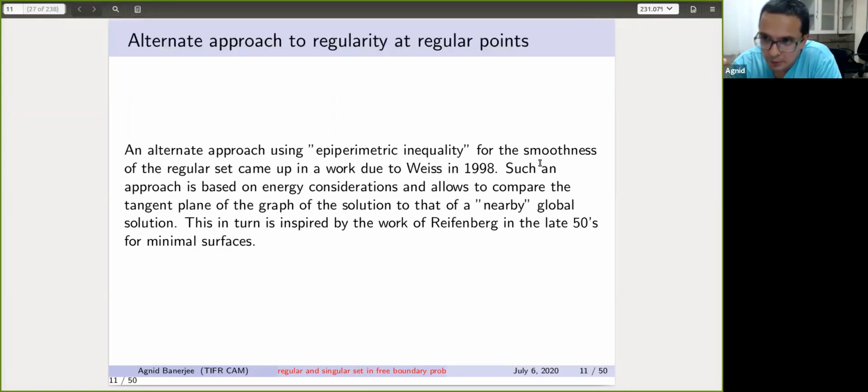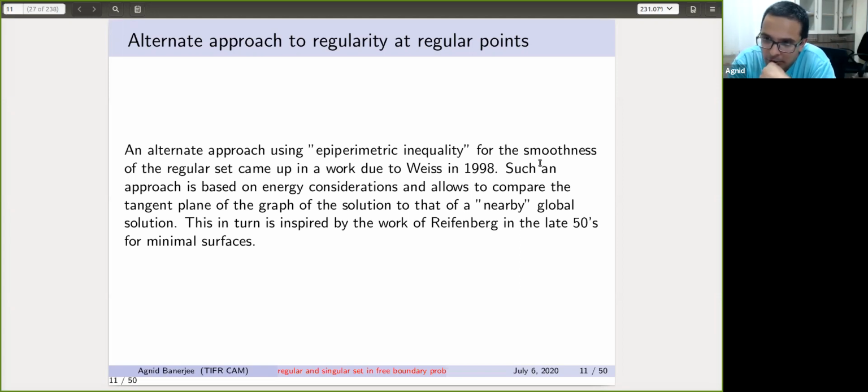So what you do is that you have these representative half-space solutions. The epiperimetric inequality says that if you have a homogeneous function which is close enough to these familiar global solutions, then depending on that order of closeness, you can always find another function which has the same boundary values, where the so-called Weiss energy decays by a geometric factor.